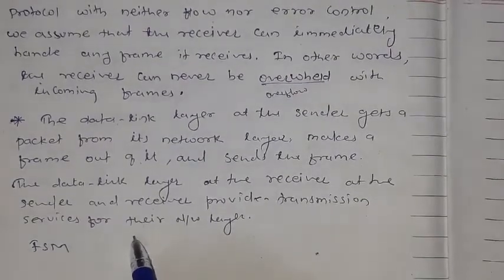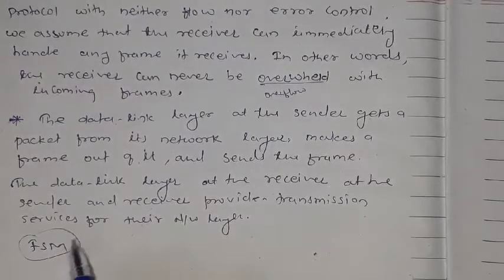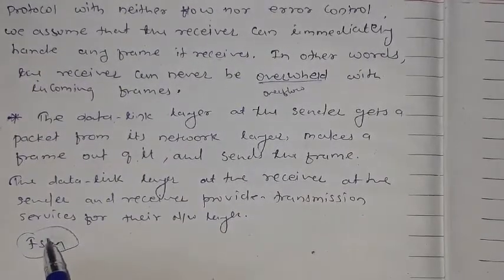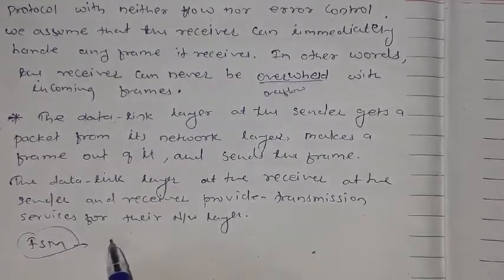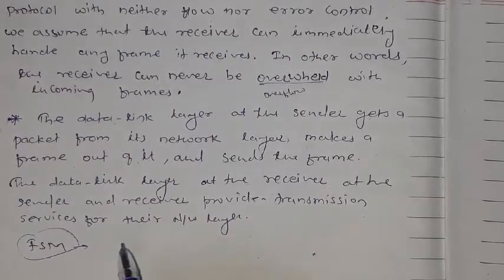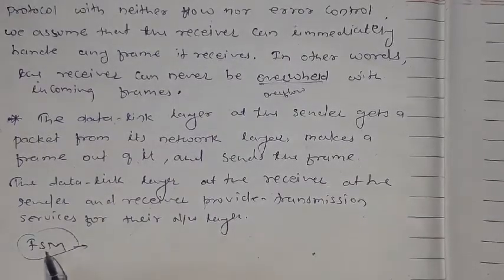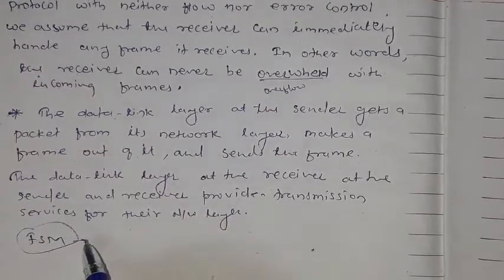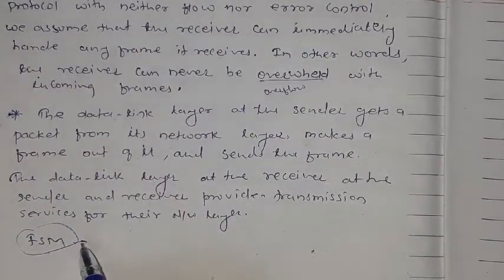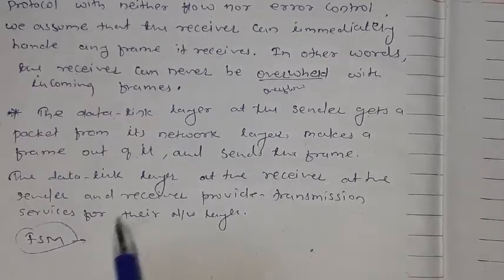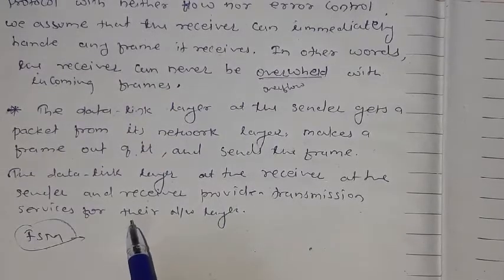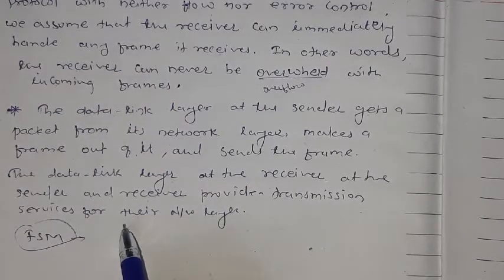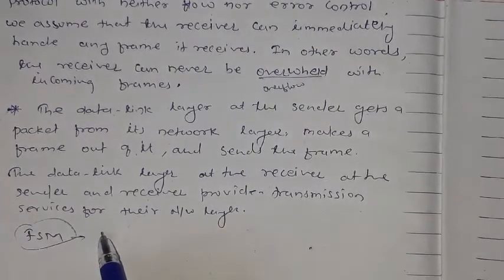To resolve this kind of problem, we use an FSM. That is not a part of our syllabus, but it's a kind of information I'm telling you. Finite state machine is the mechanical part of protocol resolution. Here the finite state machine is part of the theory of computation. Some kinds of machines produce transition functions, or we can say bit patterns, okay. So that is also used in pattern recognition, okay. That is not our part.